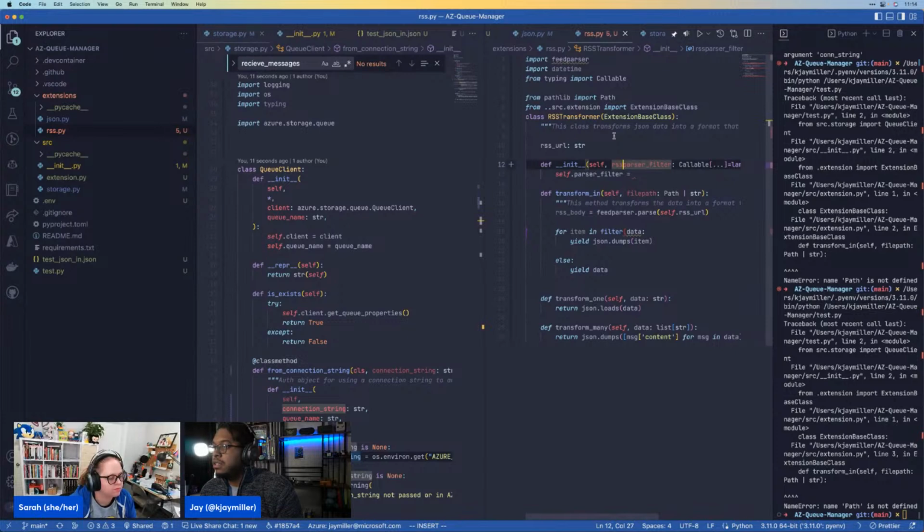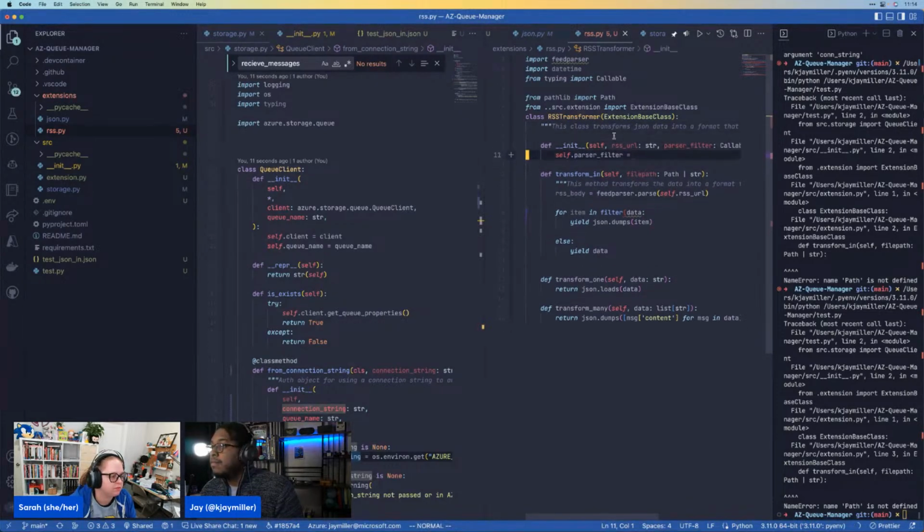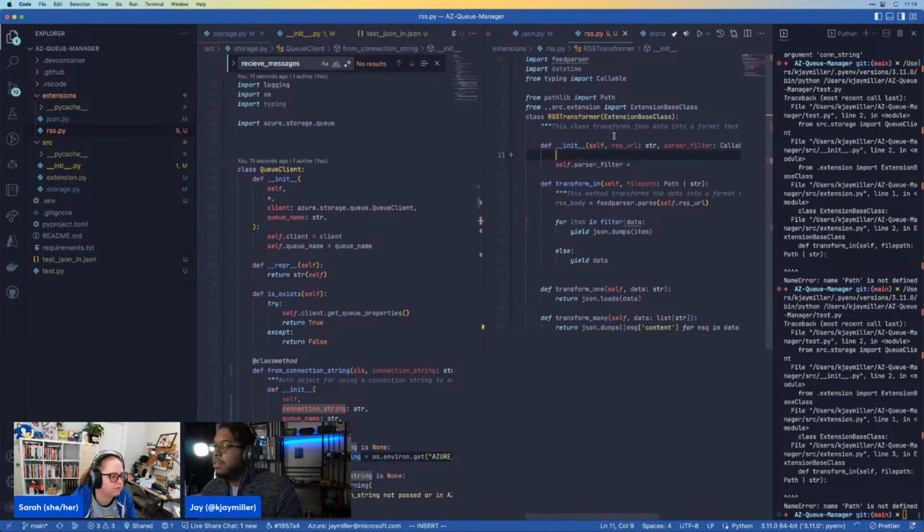RSS, there will be a string there. So yeah, when we create the RSS transformer, we'll need to give it the URL, and we'll need to give it some sort of filter, some callable. And then that way, when you do transform in, first you get the RSS body, and then you